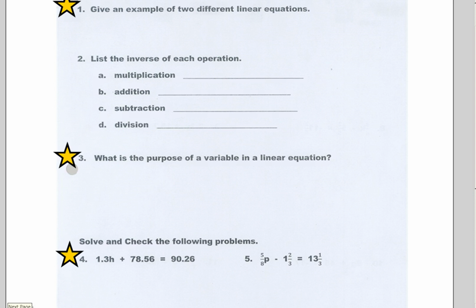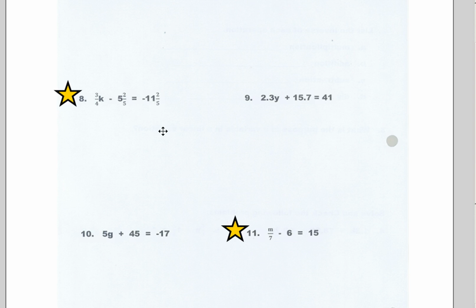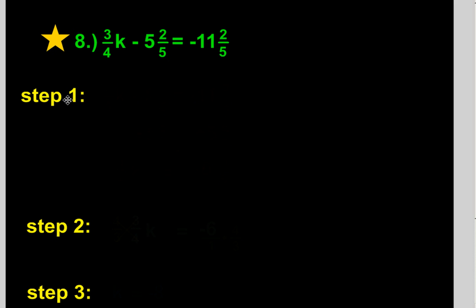Okay, let's move on to page 2. For page 2, I'm going to do numbers 8 and number 11. We'll start with number 8. So we have 3/4 k minus 5 2/5 equals a negative 11 2/5. We want to start by rewriting the problem,